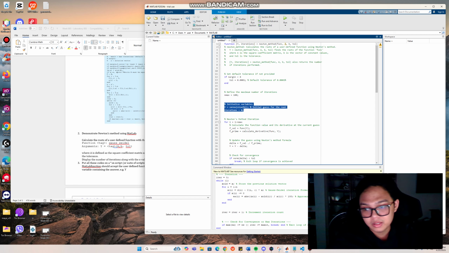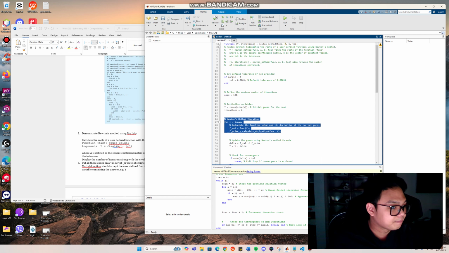For Newton's method iteration, this code iterates using a for loop up to n_max times. Inside the loop,